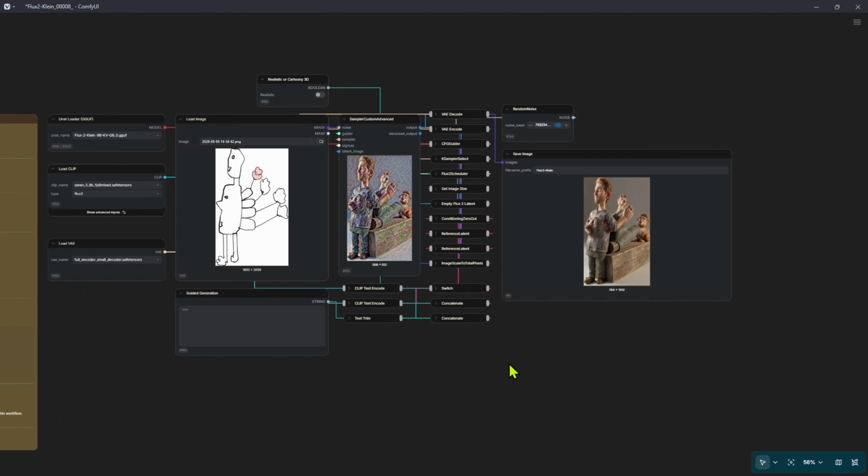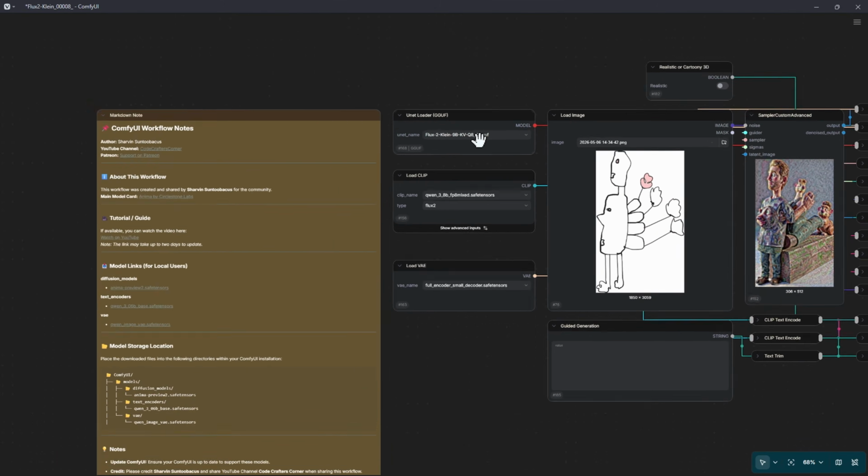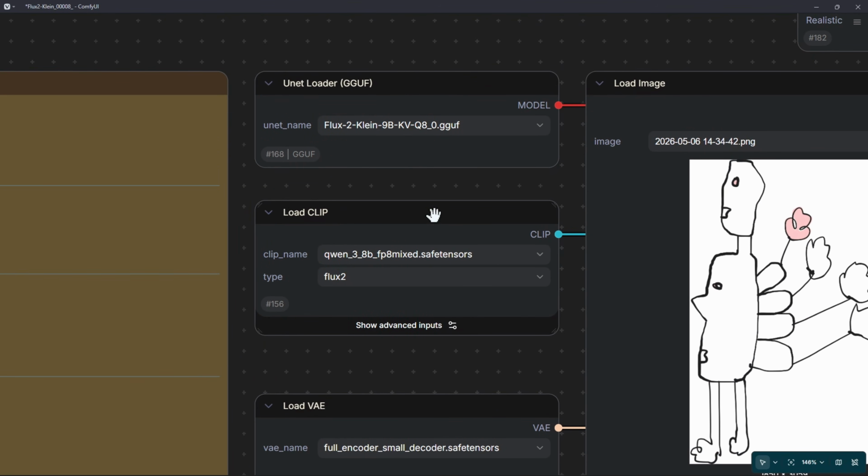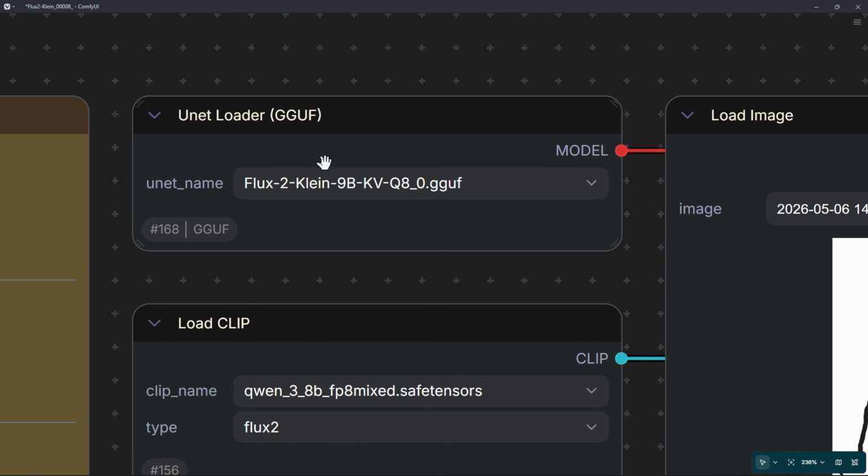Now let's jump inside of ComfyUI. For this setup I am using the Flux.2 Klein workflow. It's modified for this specific type of creative work. I've chosen to go with the GGUF version, specifically the Q8. If your hardware cannot run the Q8, you can always swap it